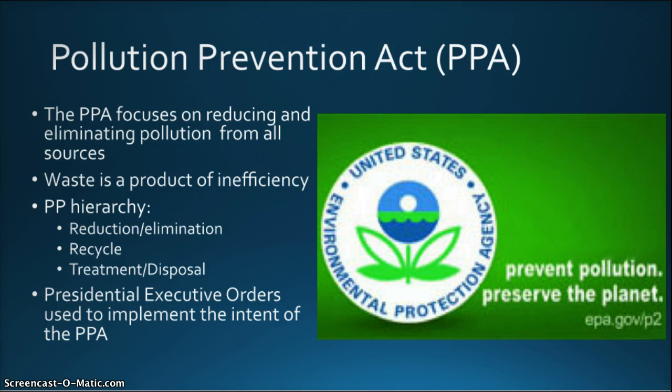The goal of the Pollution Prevention Act was to focus on the source of the pollutant rather than treating the pollutant after it was generated. This end of the pipe treatment is costly and inefficient. Congress wanted to move the focus from treatment and disposal of the pollutants to preventing their production. The Pollution Prevention Act was approved by Congress in 1990 and put forward the goal of pollution prevention.